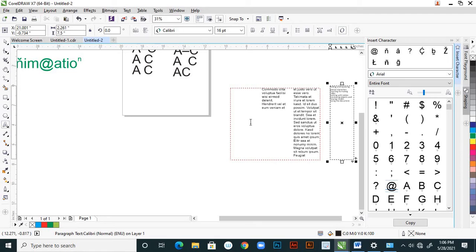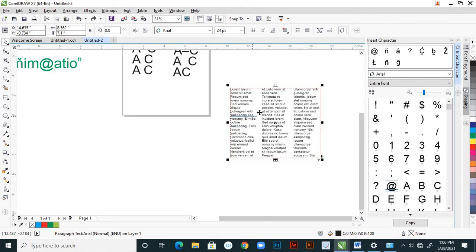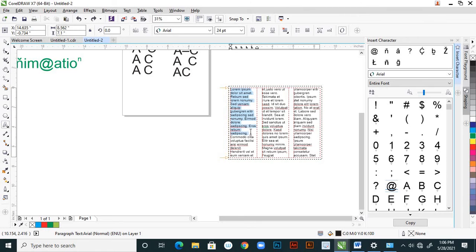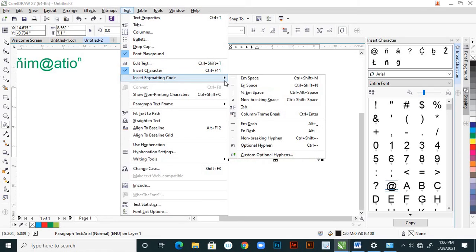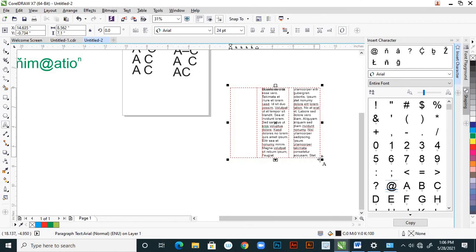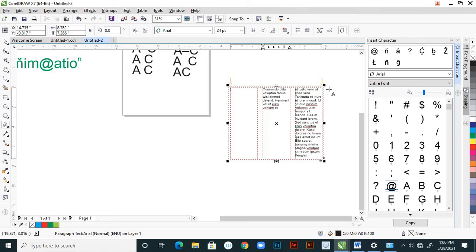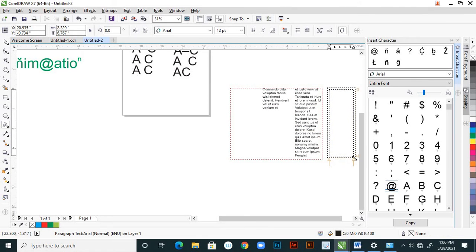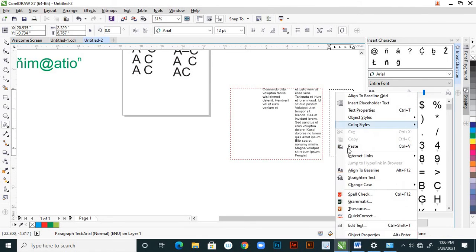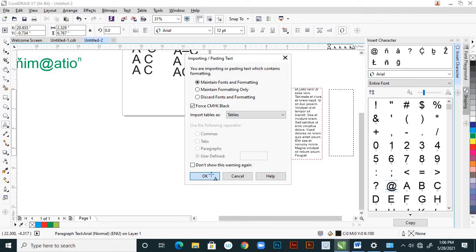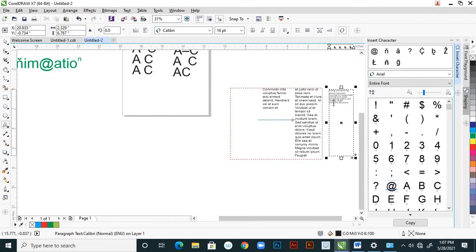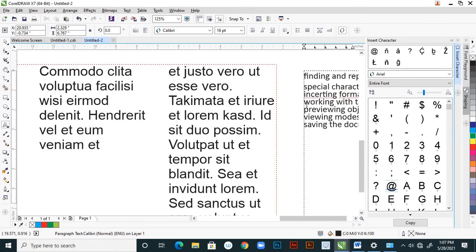And otherwise, suppose Control Z and Control Z I'm using, and you can select this text again, this portion, right? From Text, column break, and here suppose you draw and paste that broken text.